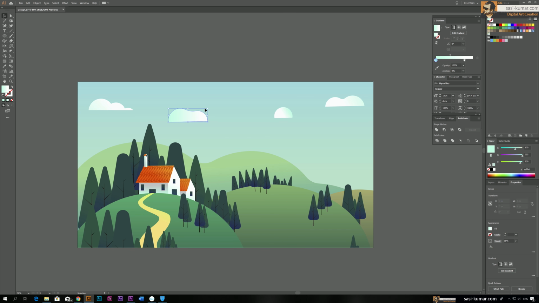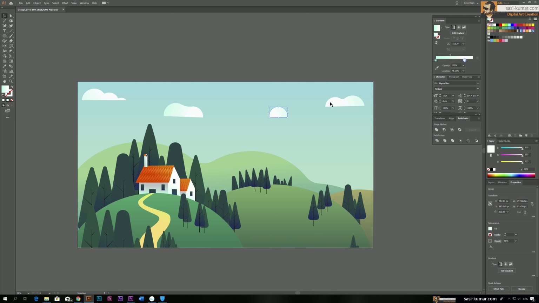Yeah. And again arrange them, because it's reversed, it's coming like this, guys. So okay, all right, so we will have these white clouds here,